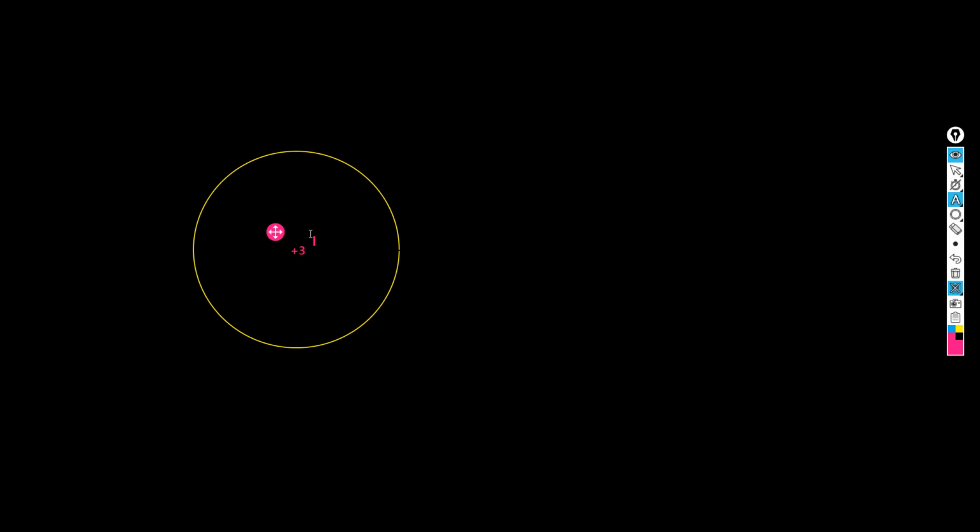If we have an atom with a +3 charge in its nucleus, and then we have a different atom, let's make it a different color, with a nuclear charge of +10. We have to realize that the amount of pull that nucleus has is going to be different. Essentially, both of these nuclei are going to be